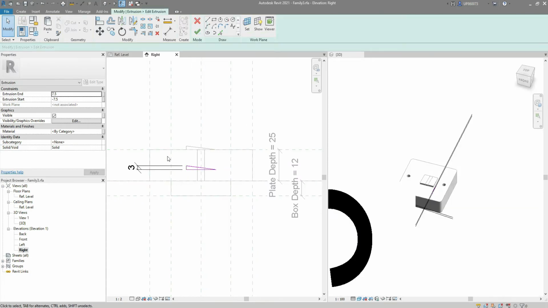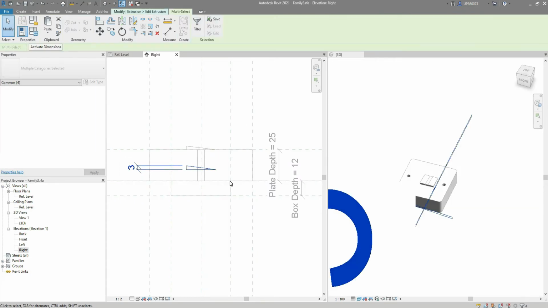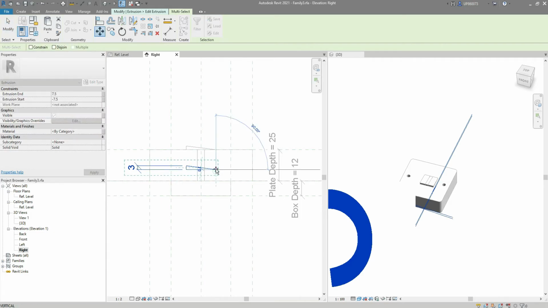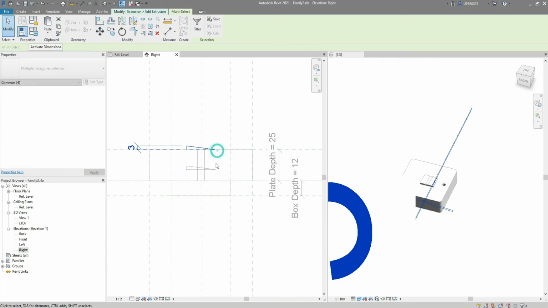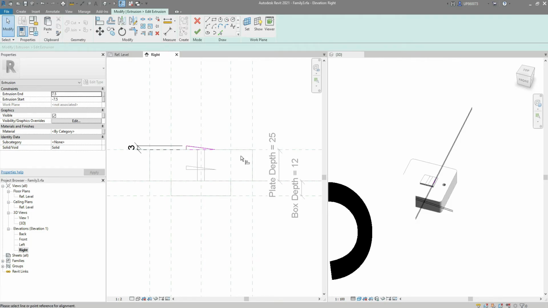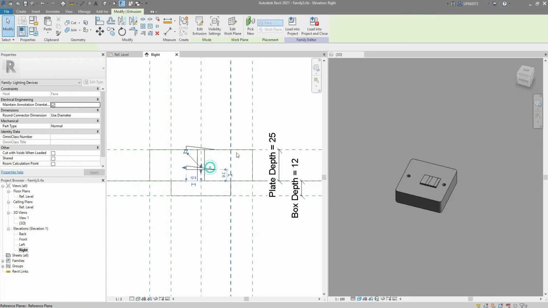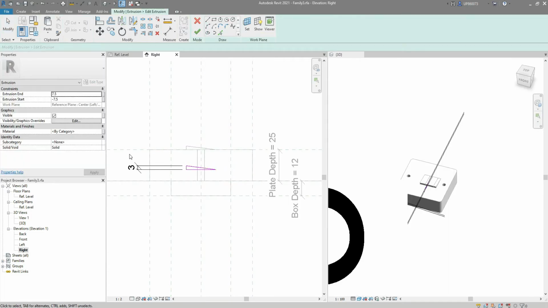Edit extrusion, shift this whole thing up. Align this to this reference plane, lock it, press escape a couple of times, finish it, then edit this one, same thing,